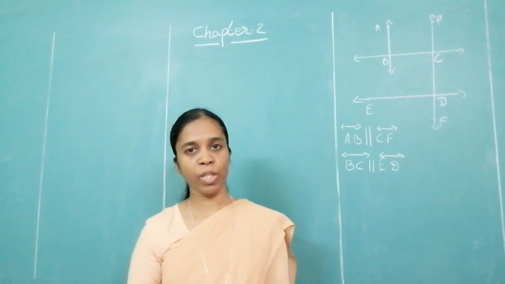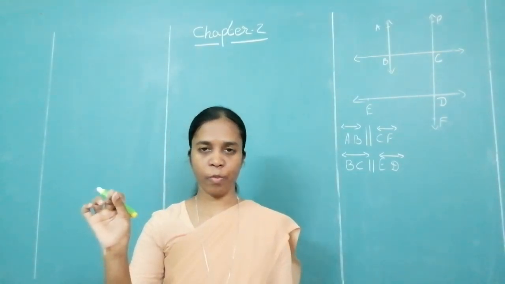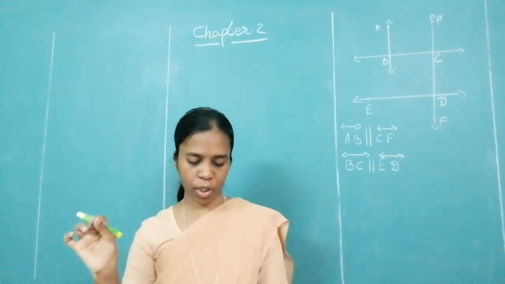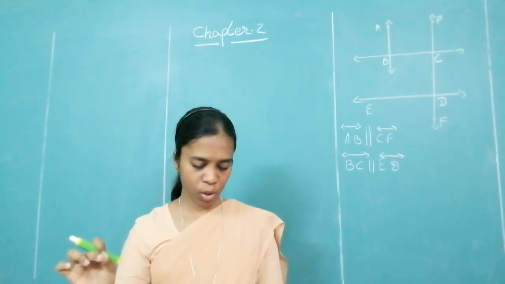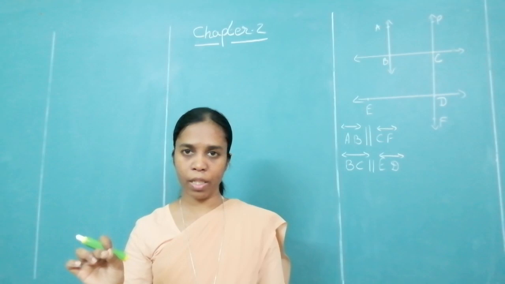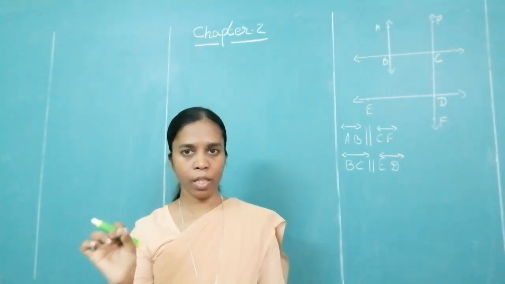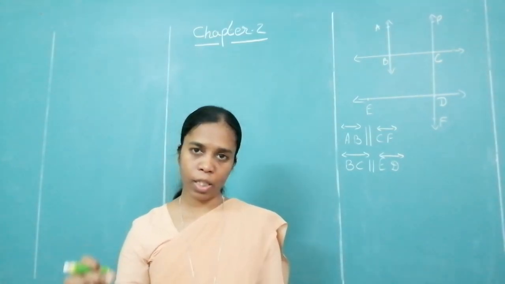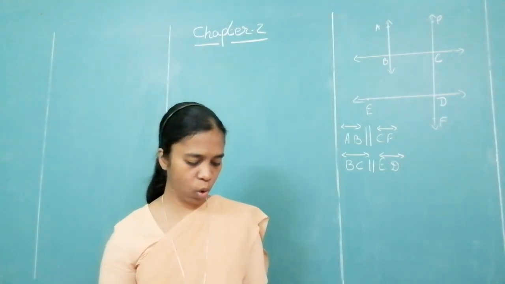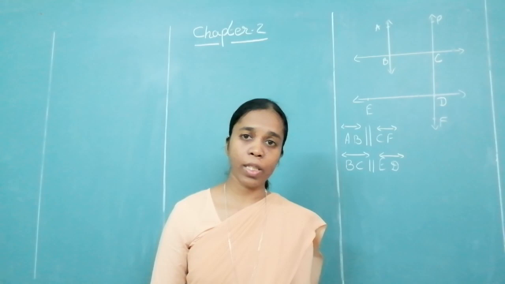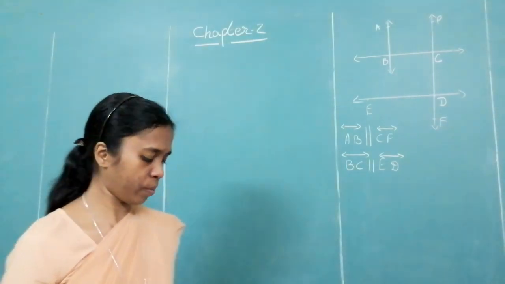Therefore, B is equal to. So, every first line should be the reason. What is the relation between the two angles? Suppose you are considering A and B. First line, what is the relation? Then B is equal to. If you are considering A and D, you will write A, D, reason, and then you will be writing their value. Similarly, you find out all that. Okay. I suppose that is clear to everyone.